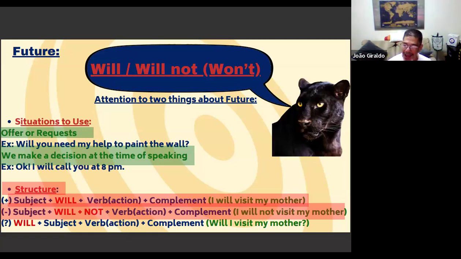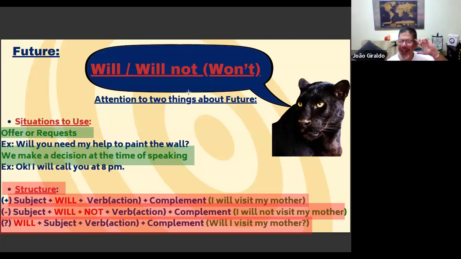All right, and to determine your sentence in interrogative, equal verb to be, you simply invert the position of will and you put the will as the first word of your sentence. So, will I visit my mother tomorrow? Will I play soccer later tonight? Whatever sentence you want to indicate, you are only going to start with will in front of the subject.